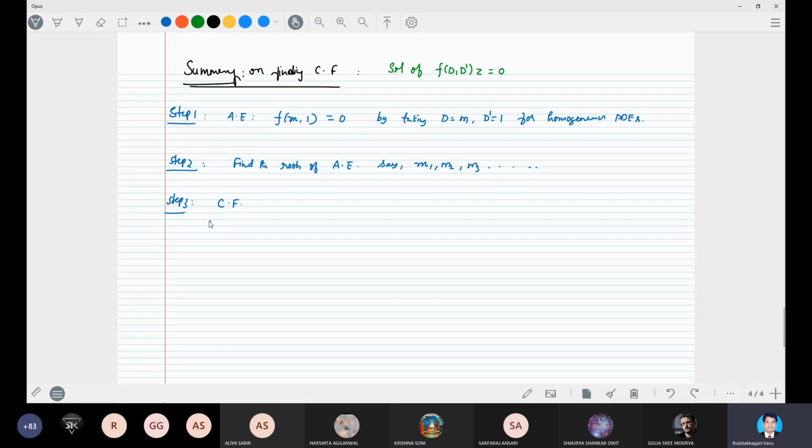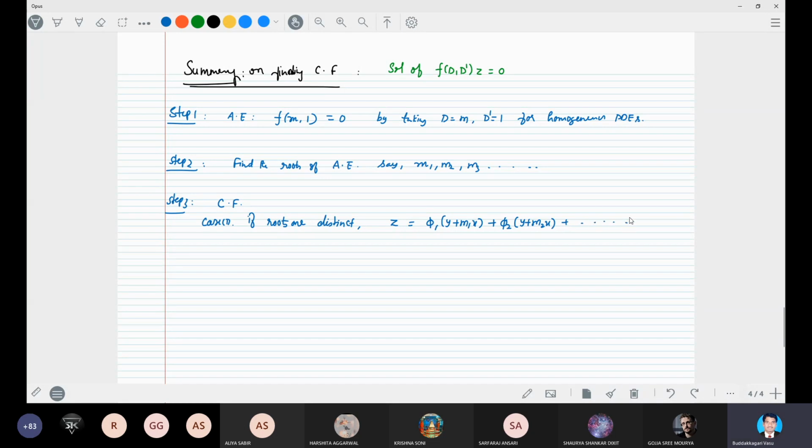For case 1, if the roots are distinct, then the complementary function is z is equal to phi 1 of y plus m1x plus phi 2 of y plus m2x